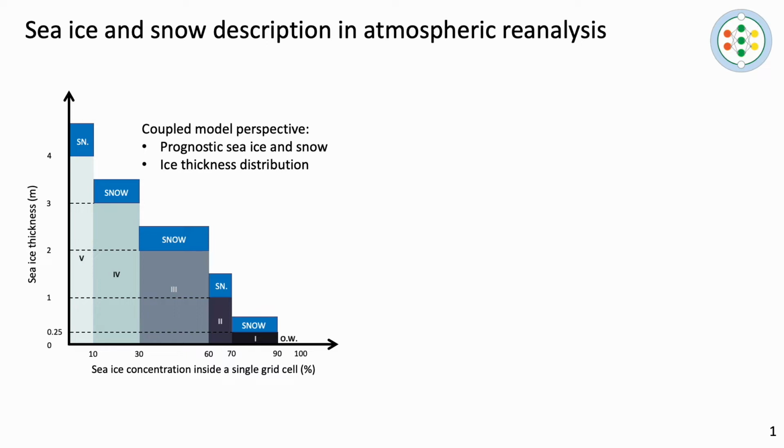So here in this sketch, I'm showing the typical model description of the ice and the snow on top of it. And normally we have a prognostic description of this medium, so it can evolve in time and space. And in addition, at the subgrid scale, we have discretization in ice thickness classes. This means that when the atmospheric model that's coupled to the sea ice model computes the heat fluxes, we normally have quite a good idea of the heterogeneity of this medium.